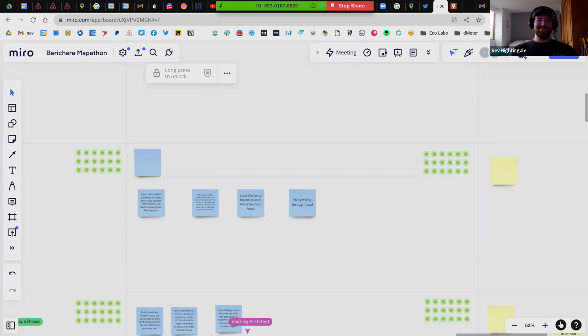So I wonder if there's some element of weaving a lot of these other projects together with that anchor of food